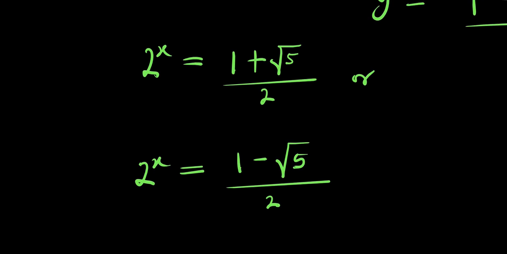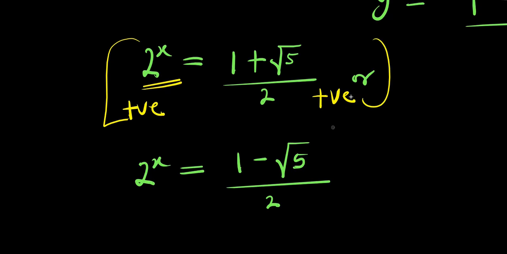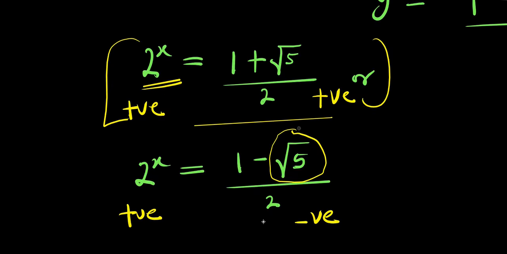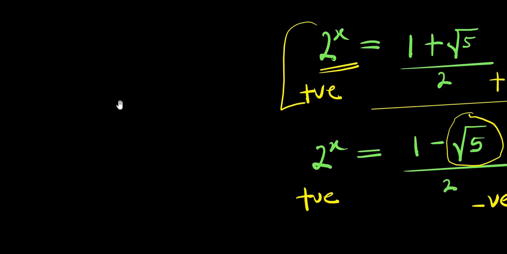Now look at this here. This 2 power x will give you a positive value. This will also give you a positive value. So we can actually make use of this. But for this other one here, this is positive, while this is negative. Why is it negative? Because this value here, square root of 5, is greater than 1. So this will give us some complex solutions if you want to solve. And to get the real value, we consider the first solution, which is 2 power x equals 1 plus root 5